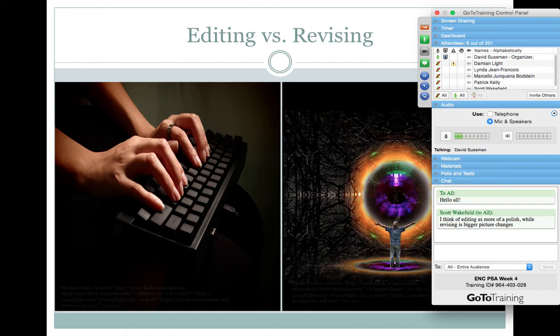Revision is more global. And the reason I asked for this comparison is that editing is what you would do in a traditional college classroom. For example, you take an English course, you write a draft of your essay, you hand it in again. Ideally, there should be revising going on, but lots of times people will concentrate more on editing, and then the instructor evaluates it for a new grade.